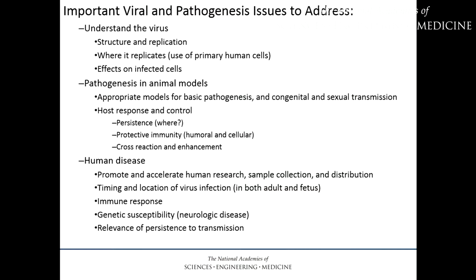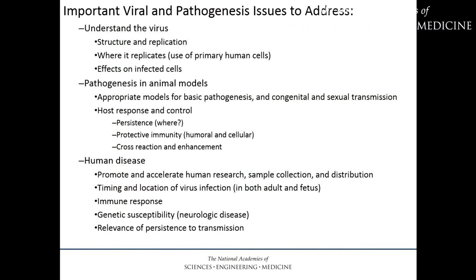The models that are being used right now are mostly immunodeficient mice or non-human primates, both of which have problems associated with them. And so are there possibilities of other species that may be important, and to recognize that different hosts may be appropriate for different questions with respect to pathogenesis. And so the discussion of the advantages of guinea pigs or rats or ferrets, a large number of animals were discussed. And they may be different with respect to congenital infection and trying to model that versus just the basic